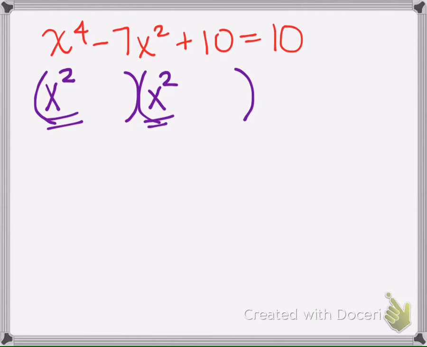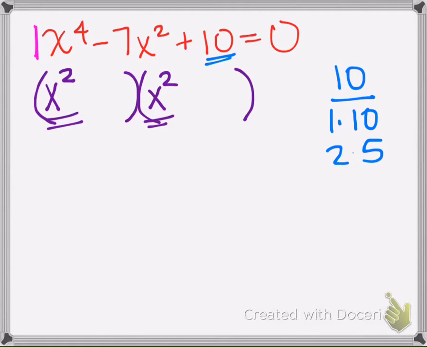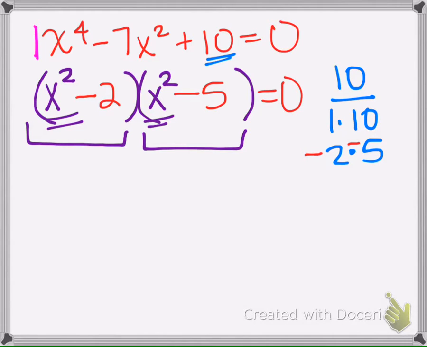Okay, then, since it's a trinomial, we ask ourselves, there is an a value, it's 1, what multiplies to, see, I had a typo here, that was a 0. We ask ourselves what multiplies to 10, but will add or subtract to -7. If we had a -2 there and a -5 there, that would work. So then we set each of these equal to 0